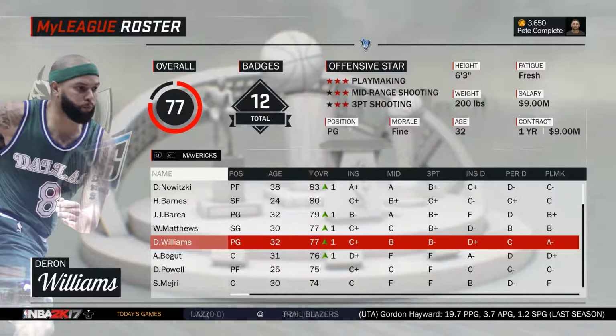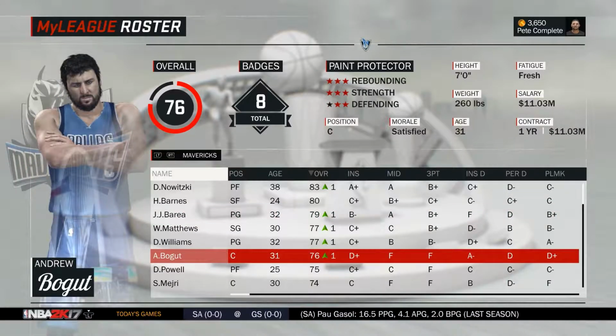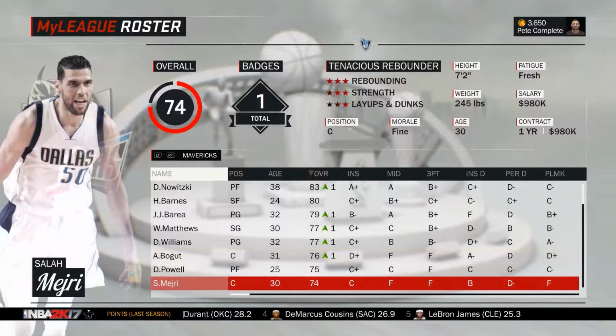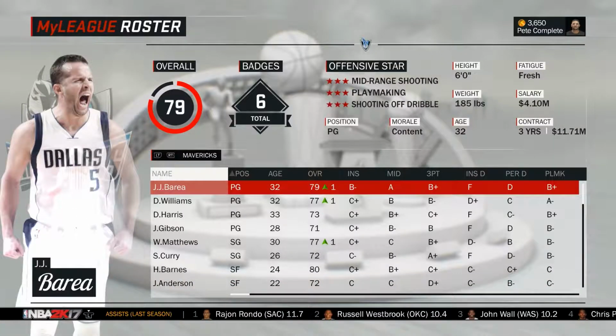At point guard you can choose between Deron Williams or JJ Barea. The game defaults to Williams, while Barea is actually the higher rated player. At center, the choice is between Andrew Bogut or Salah Mejri. Bogut has the higher rating and is your default starting center, but keep in mind that he is pretty damn injury prone. Let's switch over to the bench, and the deepest position here is without a doubt the point guard,